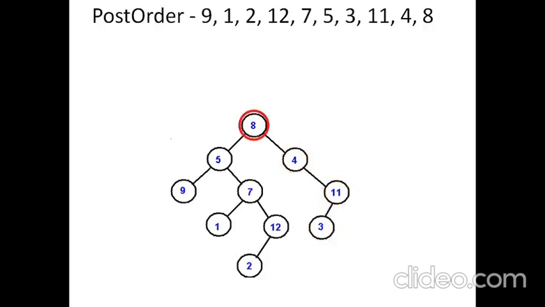Now going to post-order, here also it will be very similar, except that we will be printing the root after printing its left and right. So you can evaluate the result for the idea of post-order traversal. So 9 gets printed, and then 7 gets printed, and only then 5 will be printed. So from 7 it goes to 1, and 12, 2, and finally 5 will be printed. So this is the idea of post-order.